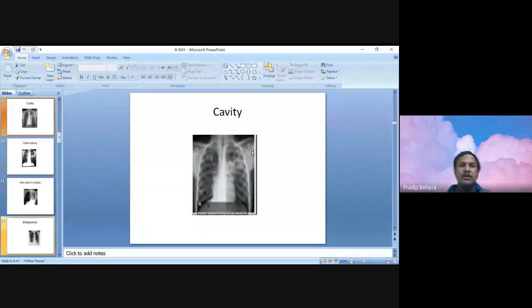Here what you find, look at the cardiac angle, the cardiac shadows are all normal. The trachea is central, and on the right side there is almost no significant finding. But on the left side, in the upper to mid zone, there is a cavity. There is a well circumscribed gas area with a margin, a thick walled margin. This opacity is the margin, a white colored ring. So this is a lung abscess, a left upper lobe lung abscess.